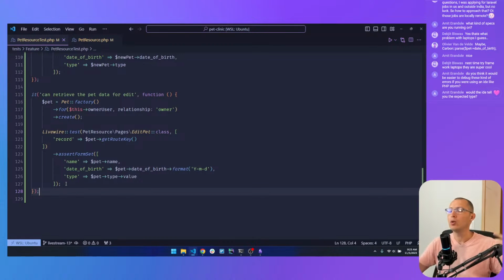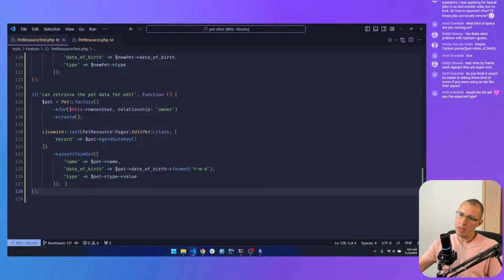And that's when you go in and say, okay, maybe for the date of birth, instead of passing a Carbon object, I'm expecting a date string, and then you adjust accordingly. Same with the enum. I'm expecting a string, but you're giving me an object.